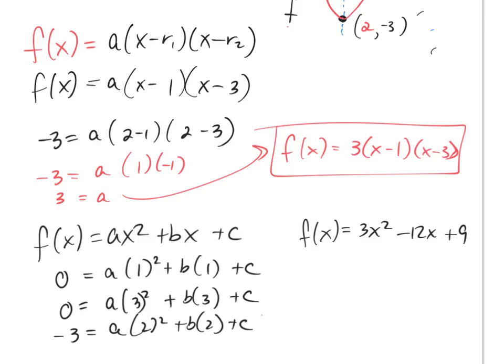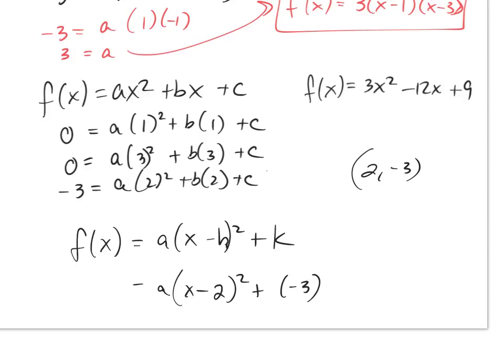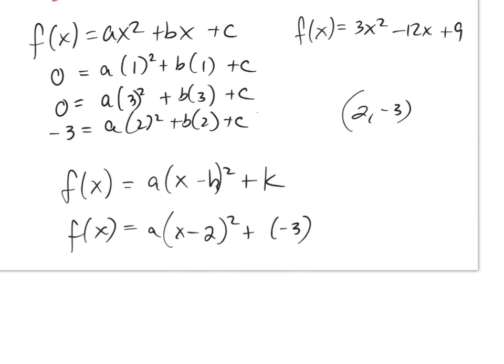The third way to do this is with vertex form. Now, if I know the vertex is 2 comma -3, I could plug that in for h and k. That's the vertex form. And then if I want to get A, I could use either of my coordinates. Remember, I had these coordinates for the x-intercepts. Those are my x-intercept coordinates. I could plug either one of these in and get the A value. Now, listen carefully because I know you need to go, but tonight,